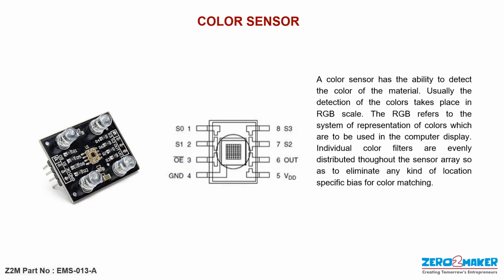Color sensors have the ability to detect the color of the material. Usually detection of the color takes place in RGB scales. RGB refers to the system of representing color which is used in computer displays. Individual color filters are evenly distributed throughout the sensor array, so the emitted light is a kind of location specific way of color matching. And many other sensors like